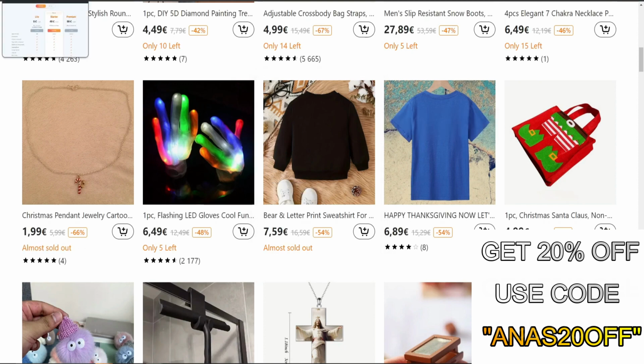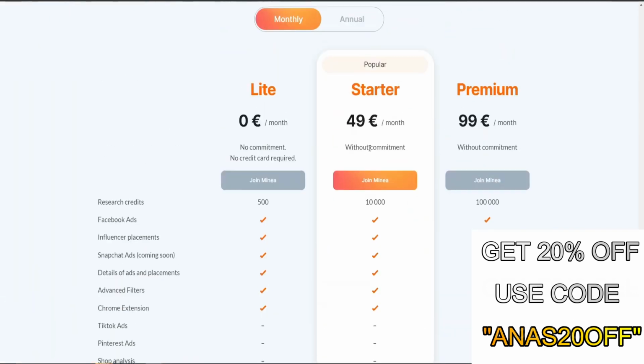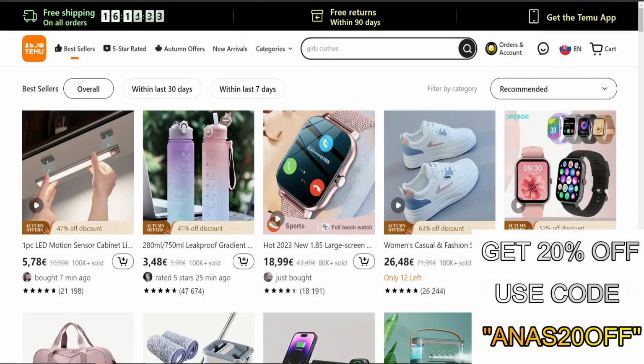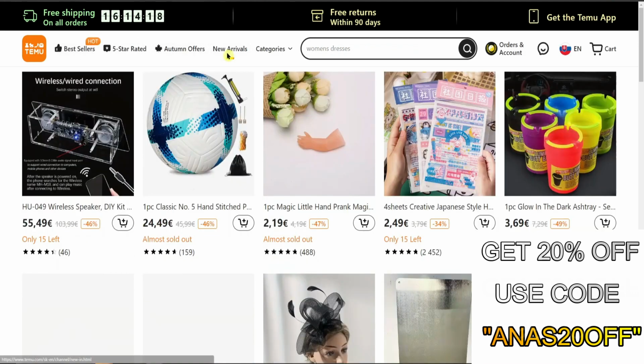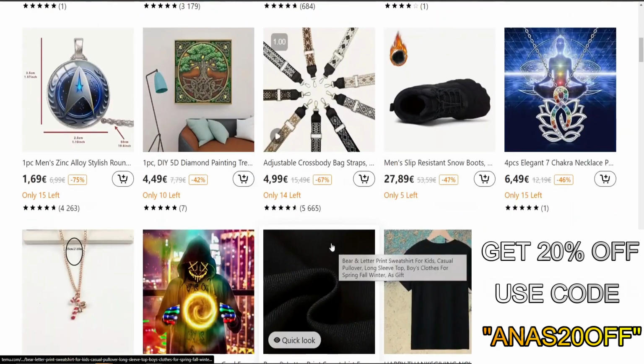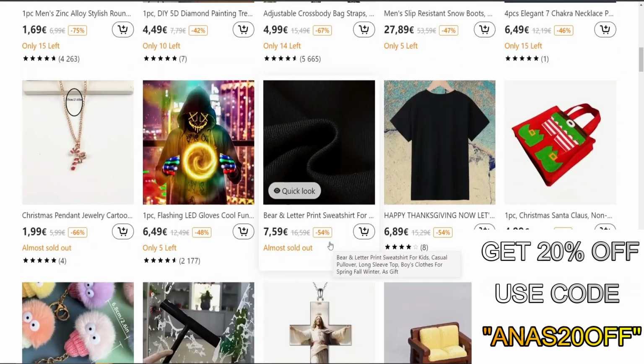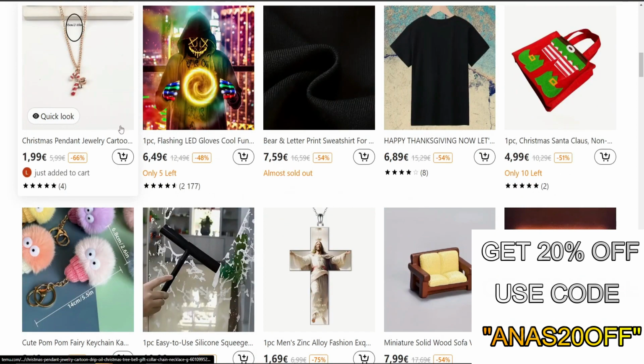If you want to, you can of course do it. But yeah, maybe the starter is going to be a lot of money for starting out. If I would be starting out right now with Shopify, yes, you're gonna have it for €1 for 3 months, but paying €49 when you can research it by yourself, yes, it's going to take a little bit more time, but it's still possible to win. So my recommendation, come to Temu, then you're gonna have new arrivals right here, then you're gonna have the products that you can check out, and let's say I'm gonna have,